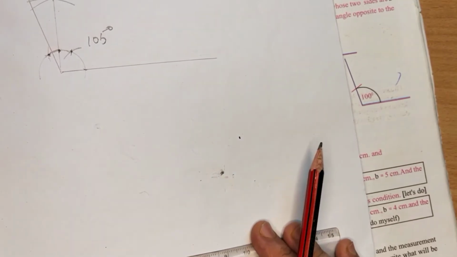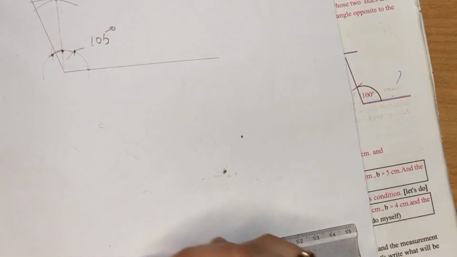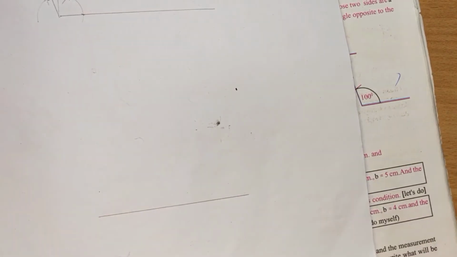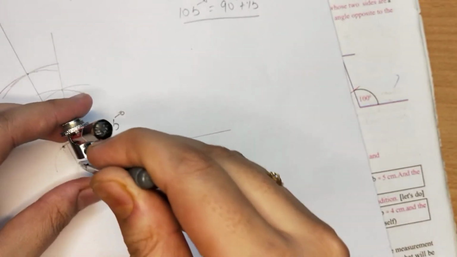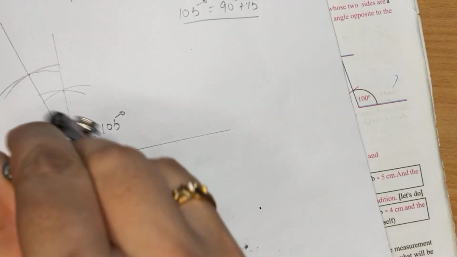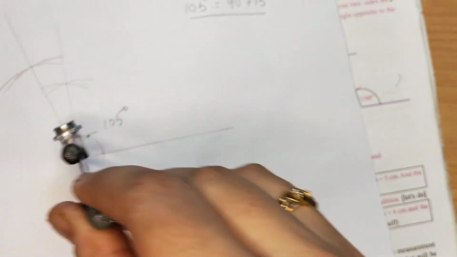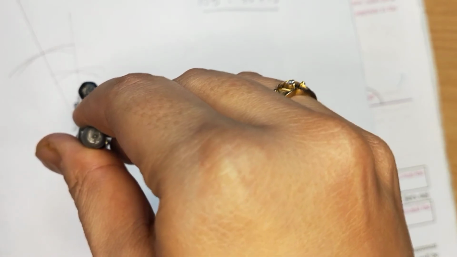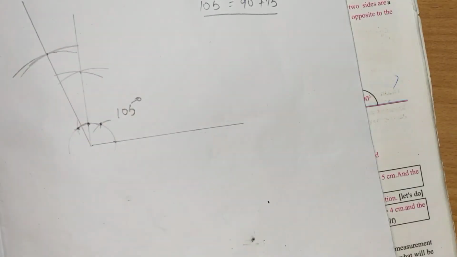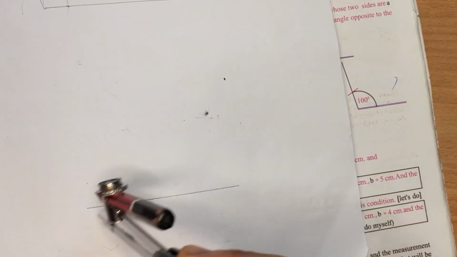Now in the same way we will be drawing any base, okay, base of any measurement. Then we will first of all be drawing an angle of 105. How am I drawing the angle of 105? I am taking the same arc, the arc which I have used in drawing this 105 degree. Clear? Just pay attention here, all of you. Now next I am going to mark the same arc here.